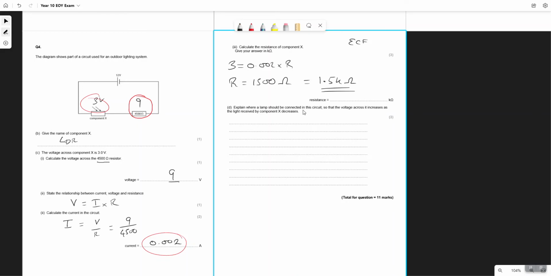Explain where a lamp should be connected in this circuit so that the voltage across it increases as the light received by component X decreases. Another tricky question. Most commonly answered incorrectly because I think people try to pick an answer, assume series, and then try to explain it. But there are 3 marks here. Let's first start with what we know about component X and how it behaves, because there are 2 marking points just for that. So an LDR, component X,